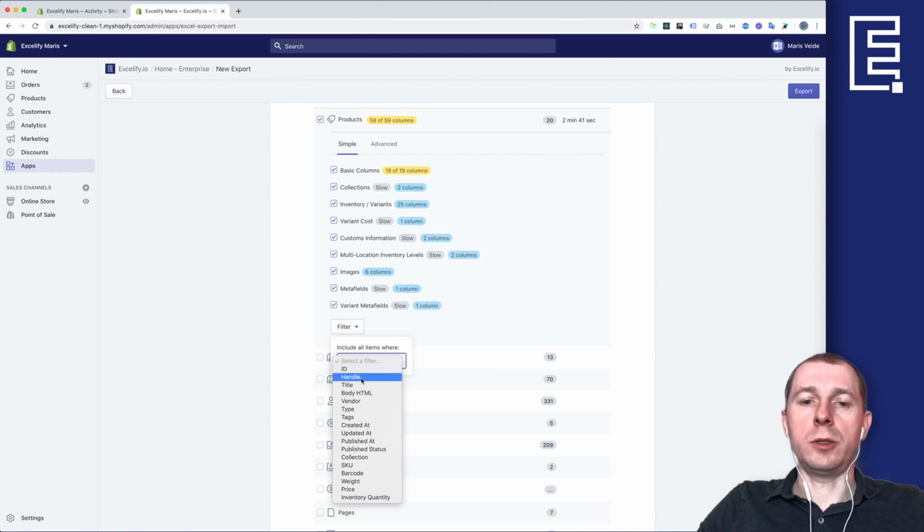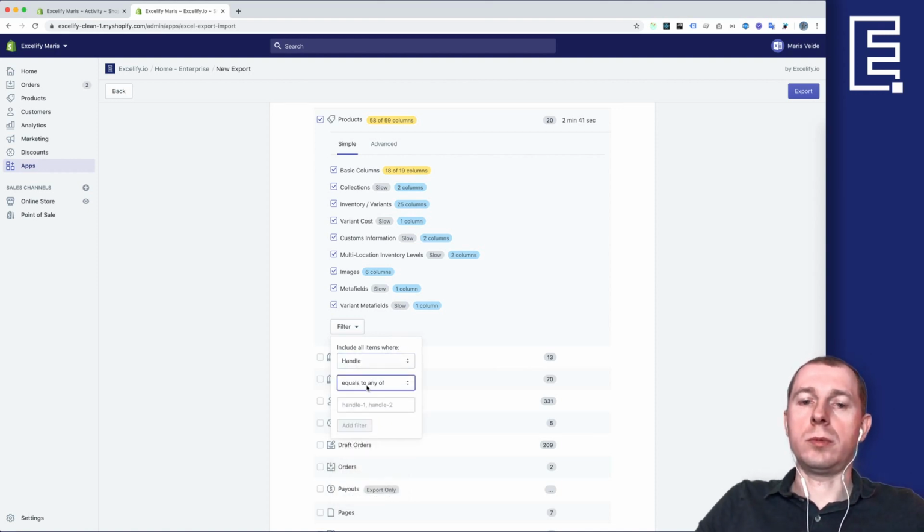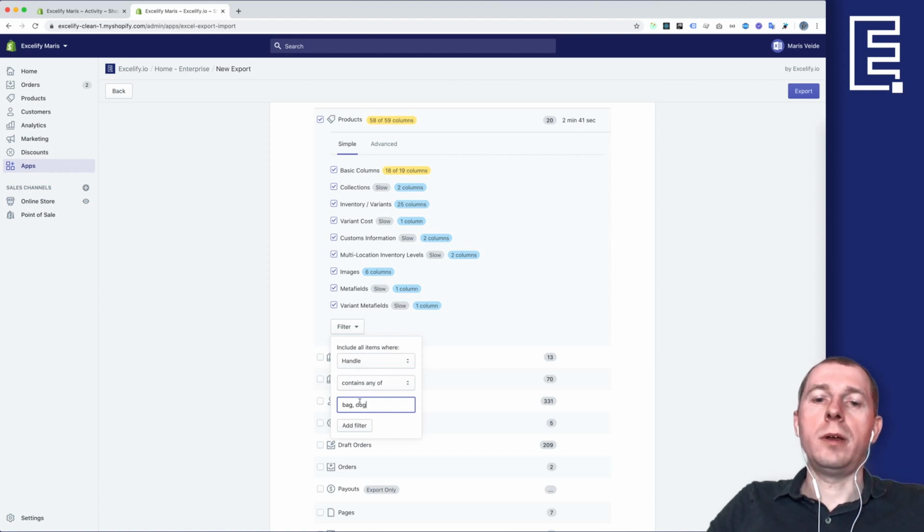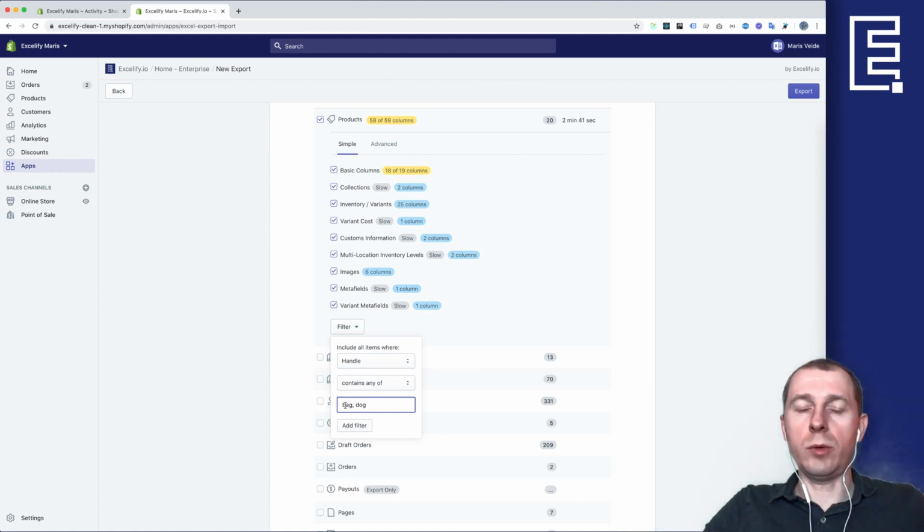So what else? You can filter by handle. The same way, you can choose handle to be equal to any of and put comma separated handles in this filter, or contains any of. So the handle can be, for example, everything that contains a bag inside of the handle, right? And you can put or a dog, right? And you will have all the handles that contain, are not equal to, but contain a bag or a dog